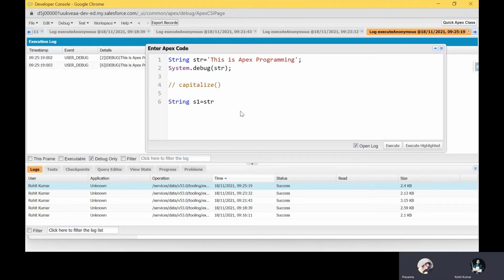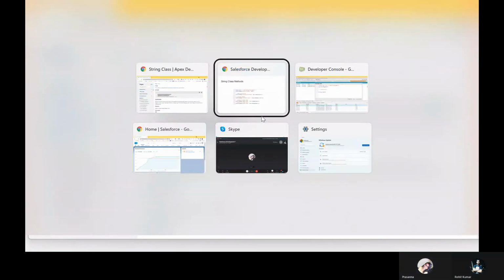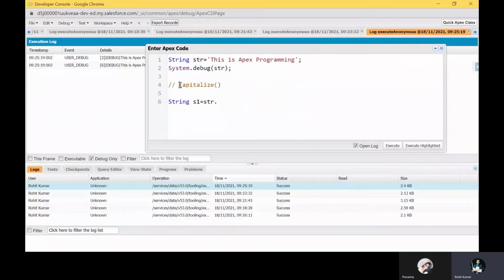For your better understanding, let me create this: str dot, and whichever method you want. So I have this capitalize method. You can use it within the same line or in another line. Let me use a separate line, so that's why I am showing it like that.